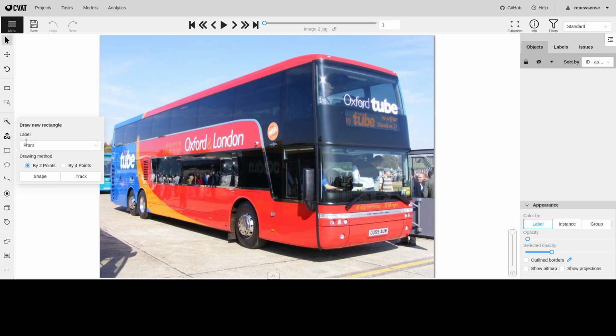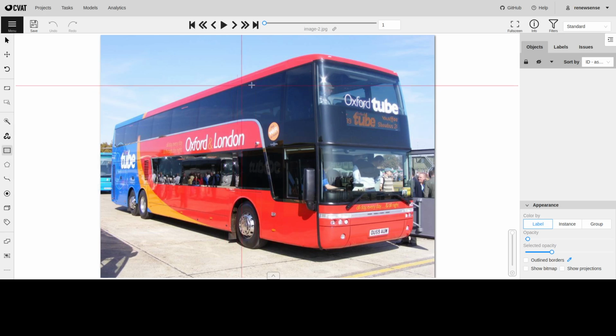So you can just choose which label. The default one will be one. We can change this when typing the label. The last label you put will appear as the default one. That is a hack for the default, so you don't need to change everything every time if it is just a single image. Then you can just click on shape, or it's easier if you just click N.